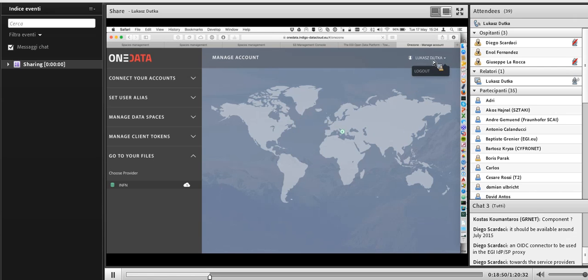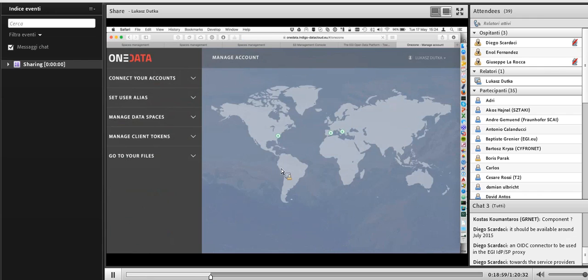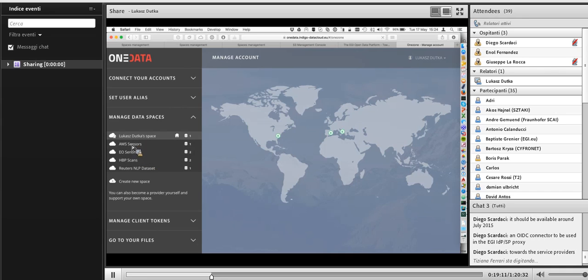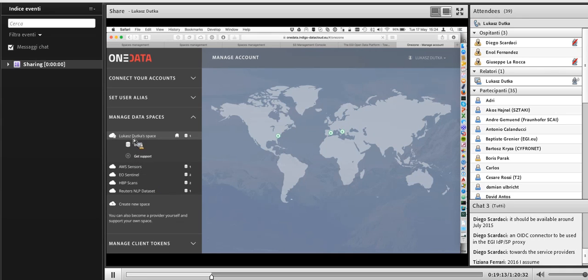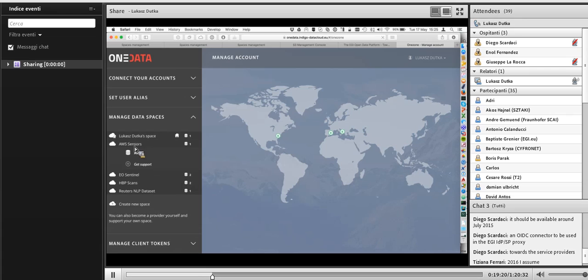For that case, I prepared another third account, this time authenticated by my Dropbox account. When I have more spaces, which is more realistic, and I have many providers supporting each of the spaces. So when you see here, you can see that I have a list of data spaces which are supported by many providers. So one of them is supported by INFN, AWS is supported by AWS, and to explain